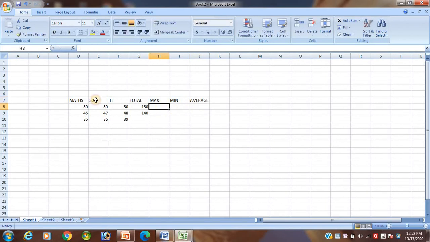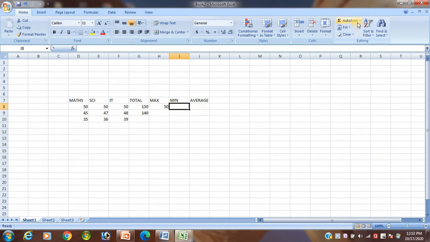If I want to find the maximum out of 3 subjects, click on the drop down again and click on maximum. When you click, the total column would also be taken, but I do not need the total. I need only the maths, science and IT marks. So in this case, type the F range, then press enter. Is that clear or not?